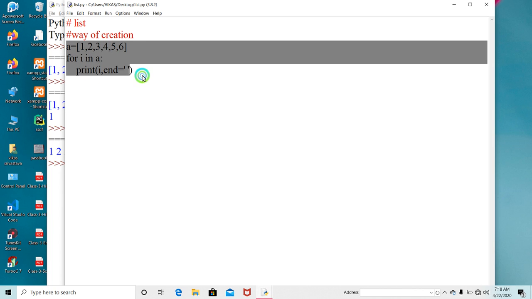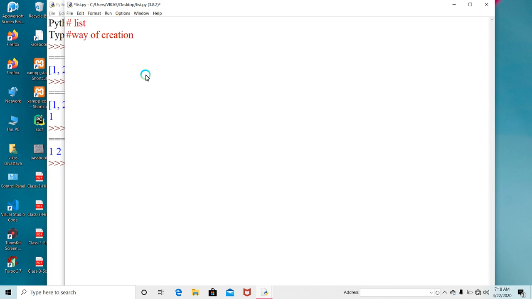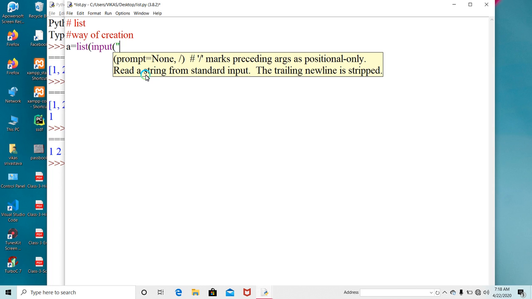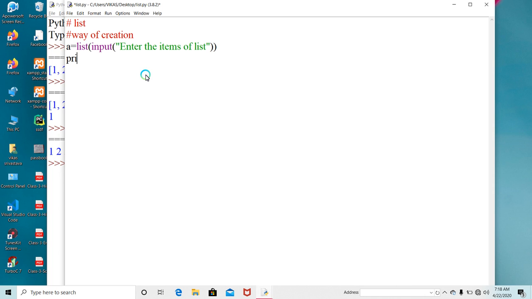Now suppose we do not have a list. I want the list to be created automatically when I take the input. So a is equal to list, and in the bracket I will write input, enter the items of the list, and print a.